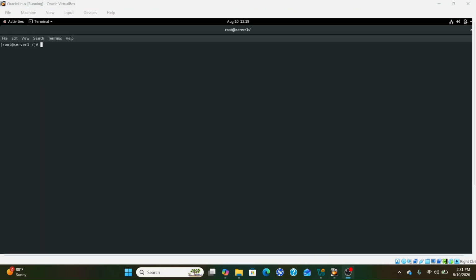Now I open my terminal. So here we can create the script to run every 10 minutes. First let's create a simple script that logs a timestamp every time it runs. So first of all, create a directory using mkdir -p for the parent directory /usr/local/bin. Now I create a file with /usr/local/bin